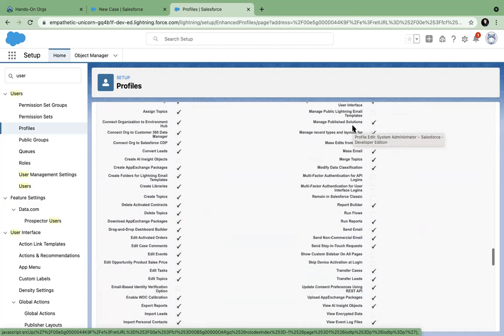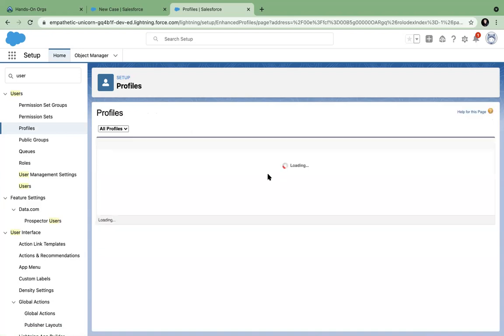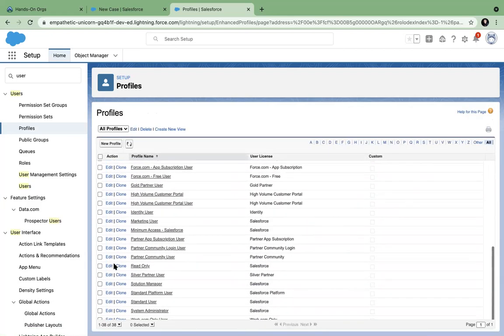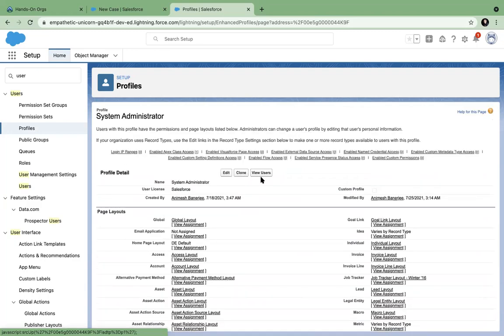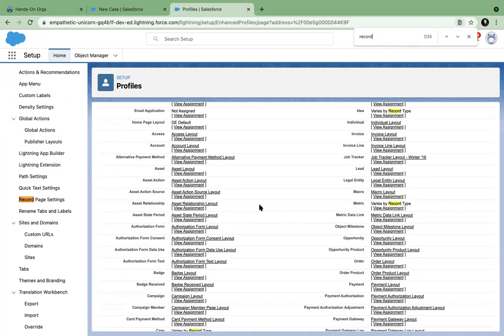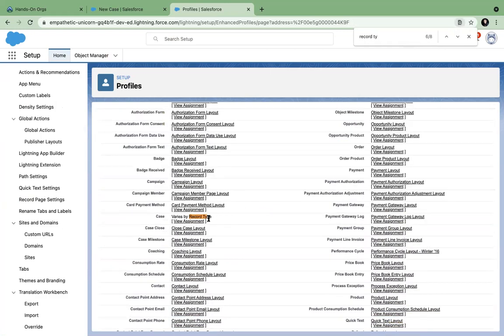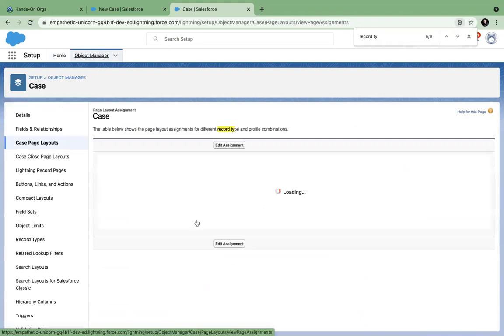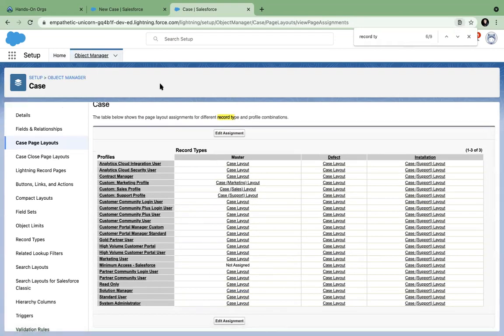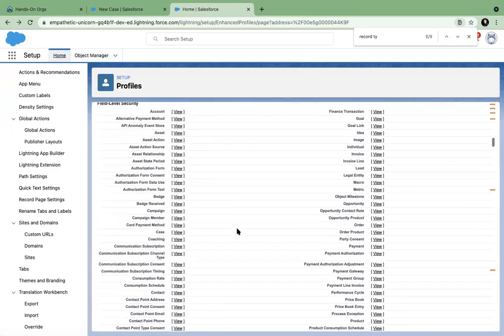Here there is a record type, and page layout.